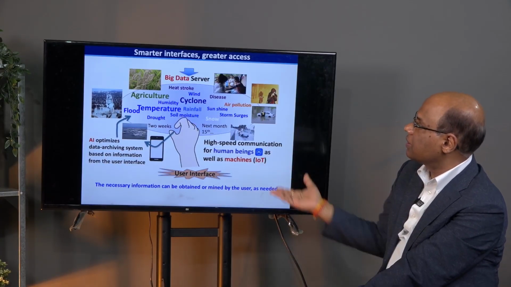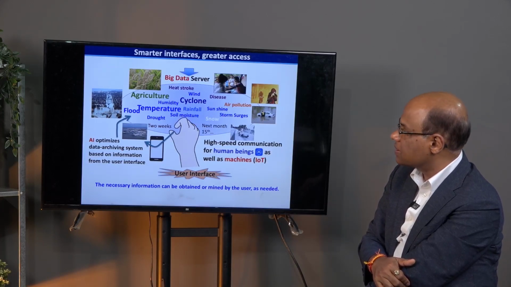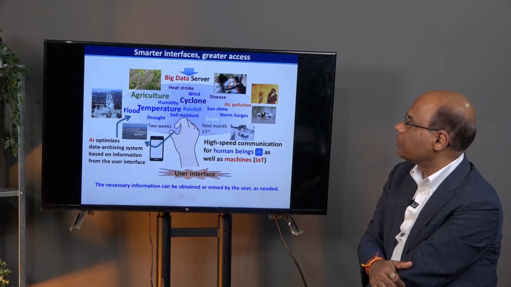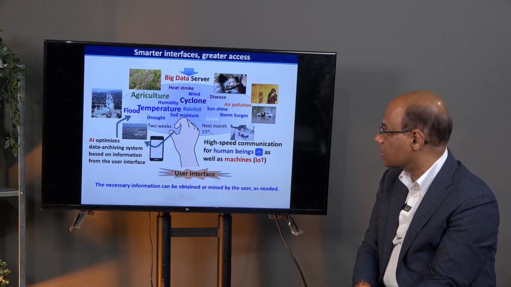This kind of interface can provide you real time information as well as predictions and various information that can be applied for early warning and for the needs of stakeholders.